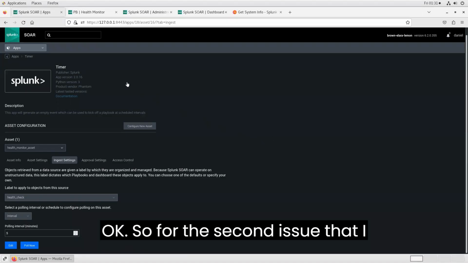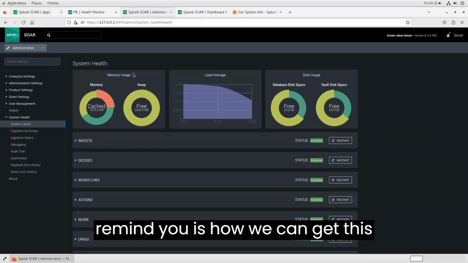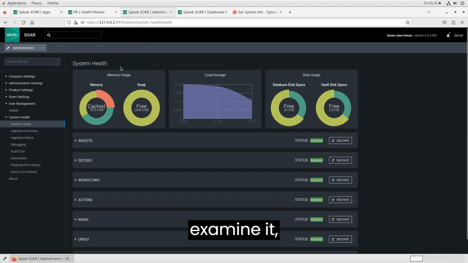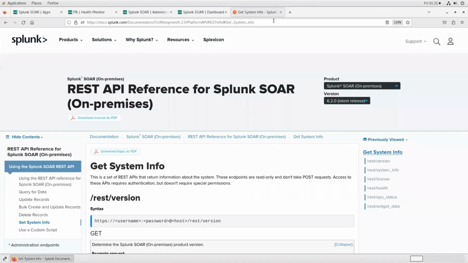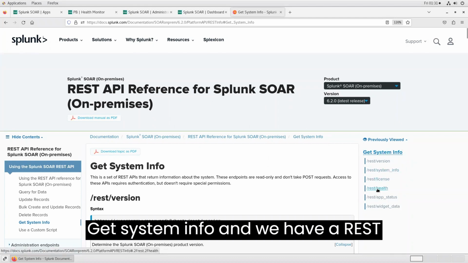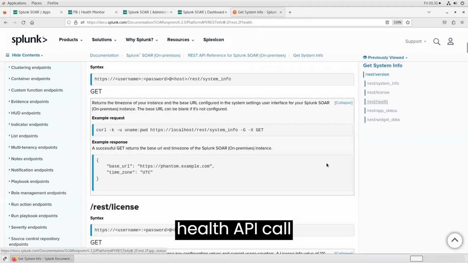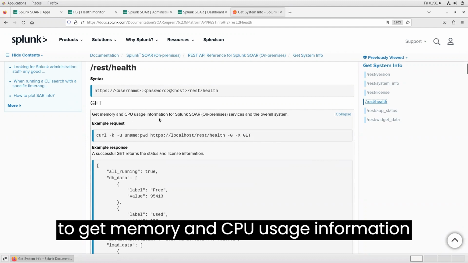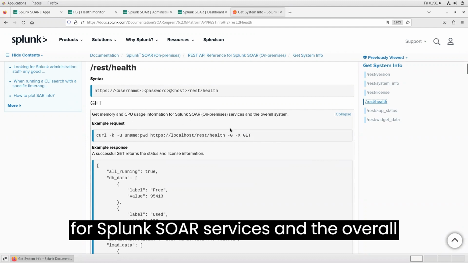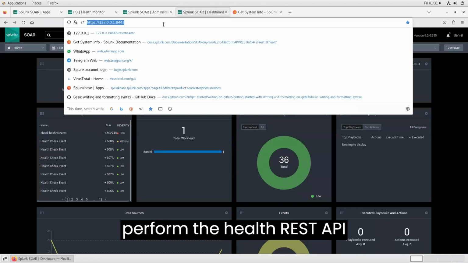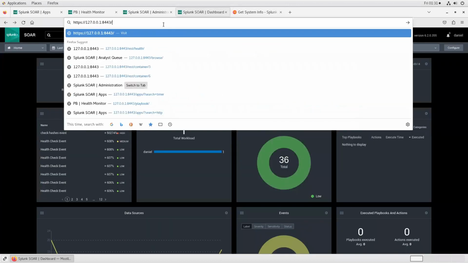Okay, so for the second issue, how we can get this information from within the playbook and examine it, I want to take you to the documentation, to the REST API reference, get system info. We have a REST health API call to get memory and CPU usage information for Splunk SOAR, services, and the overall system, okay? So if I perform the health REST API call,